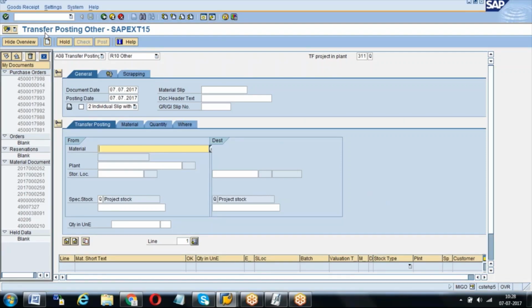Okay, see the 561. As I told you, when do we use the 561? 561 is the initial entry of the stock. 90% of the cases we use it during the implementation of a new project. Implementation is almost completed and you are going to go live within 10 or 15 days. You are using some Oracle or some Excel sheet, whatever earlier system. But in your warehouse, there are 200 materials with different stocks. One material is 100 kg, one 20 kg, another 30 kg. That entire stock you should keep in the SAP system, right?